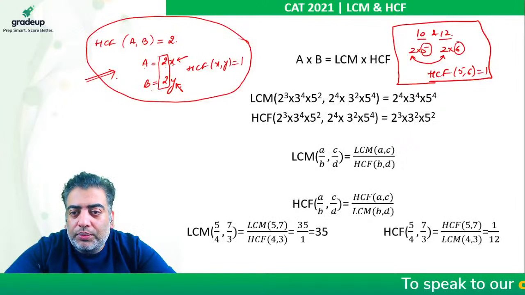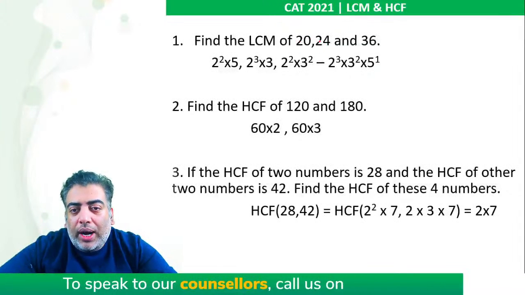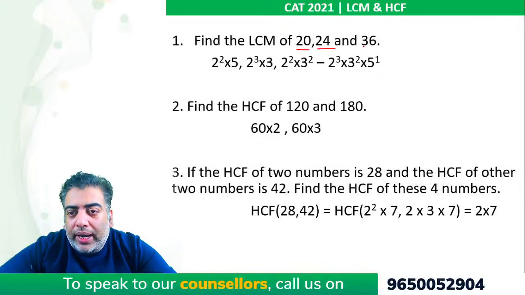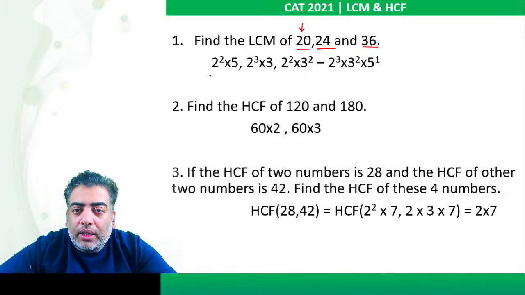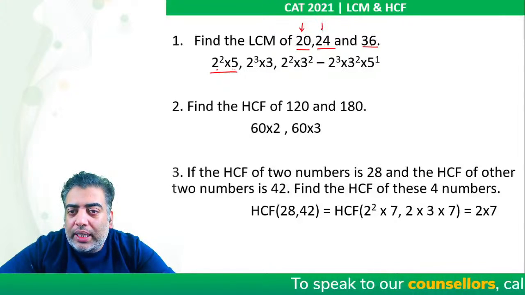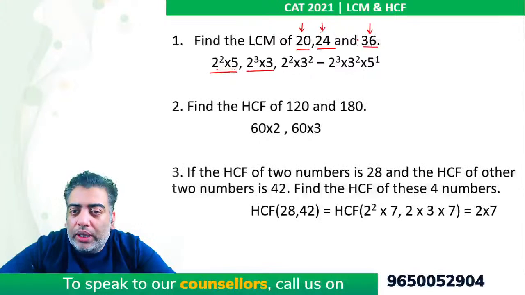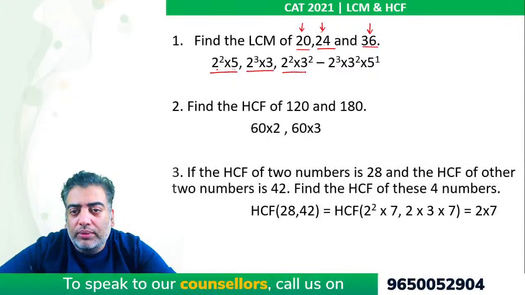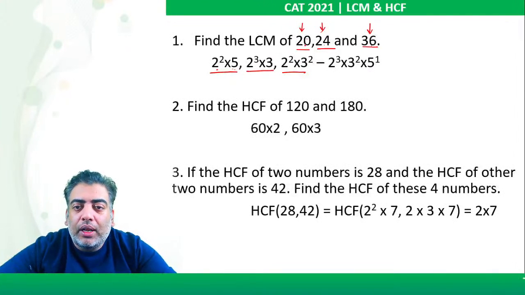Right? So let's move on. So if we are required LCM of 20, 24 and 36, the very first thing we need to do is factorize these numbers. Alright, so 20 can be written as 2 square into 5, 4 into 5 is 20, 24 is 8 into 3 and 8 is 2 cube into 3, 36 is 4 into 9 which is 2 square into 3 square. So basically in order to be quick with LCM and HCF, we should be pretty comfortable with